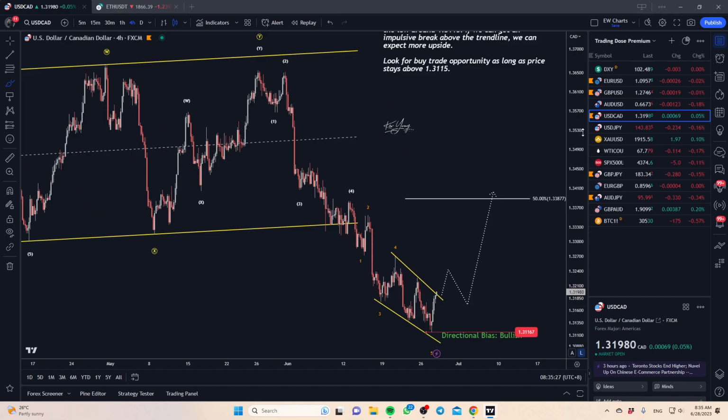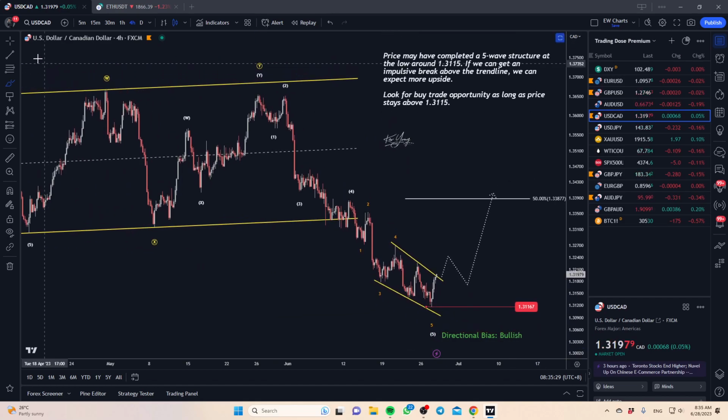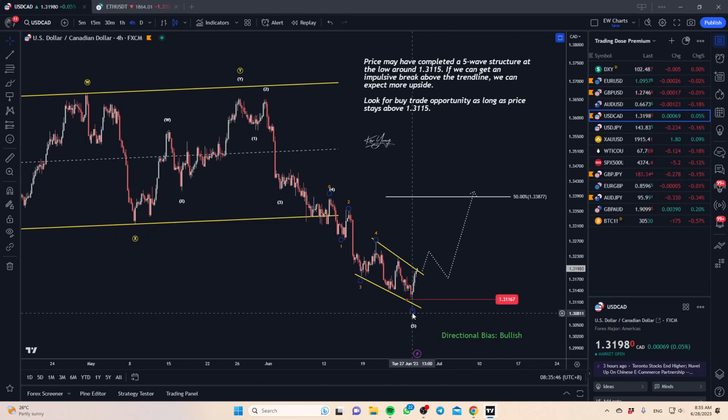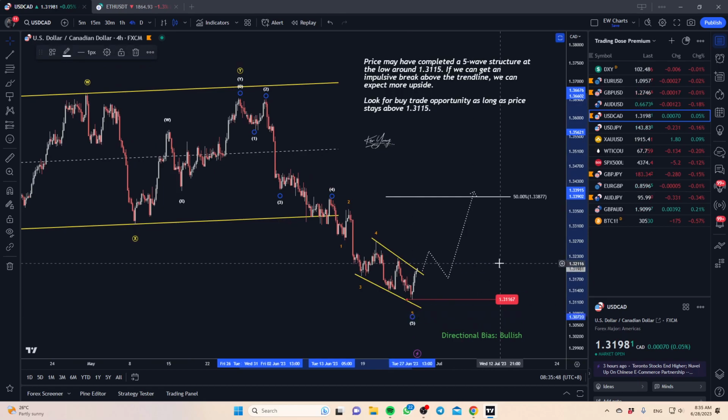Then we have dollar CAD. Yesterday we had some important CPI from the Canadian side of things, and it came out quite low as compared to the expectation. So we're expecting CAD to continue to see a bit more weakness, and that translates to dollar CAD being bullish, right? So of course, from a technical point of view, we kind of have a nice little confluence here as well,